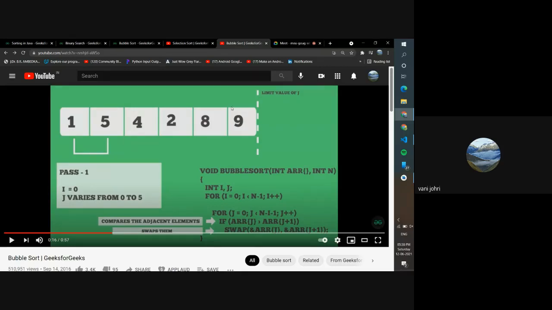It's just a way. If you did not want this, you could have a separate counter, another variable, store the value of length minus 1 in it, and every time the loop runs, you decrease the value by 1. But that's useless. If you can do the calculation this way, then it is better to do it this way, because the value of i will keep on going from 0 to 1 to 2 to 3, and that's exactly what you need over here. You want n minus 1 minus 1, n minus 2 minus 1 is going to be n minus 3. So I hope you're understanding what I'm trying to say.